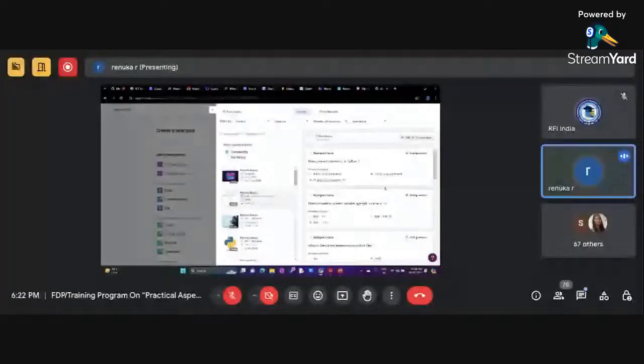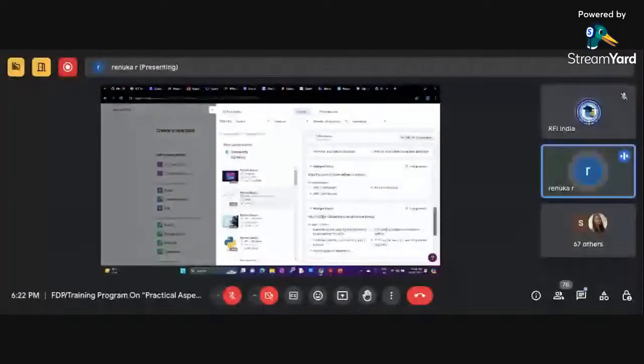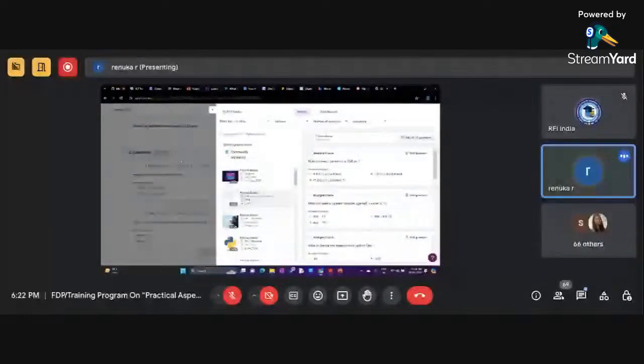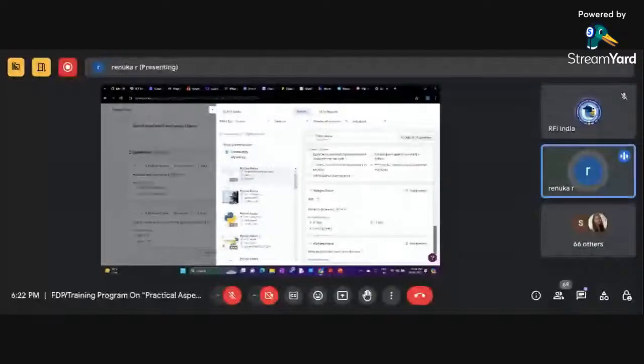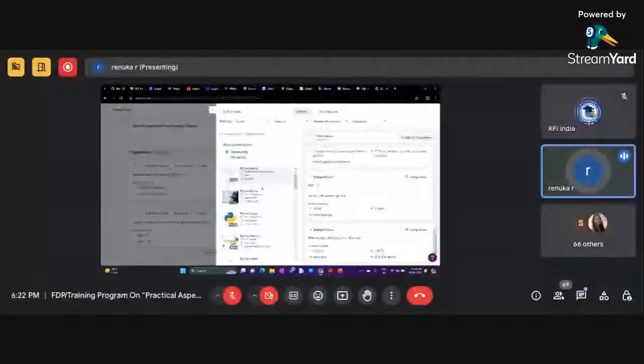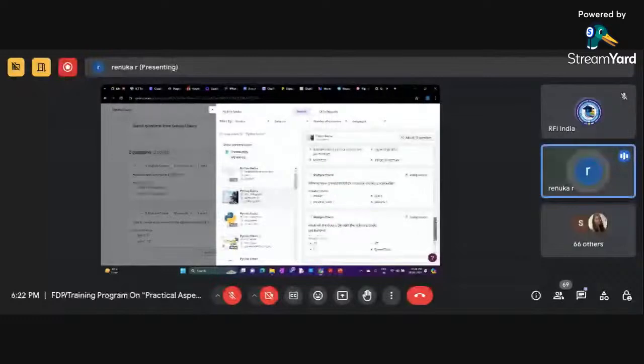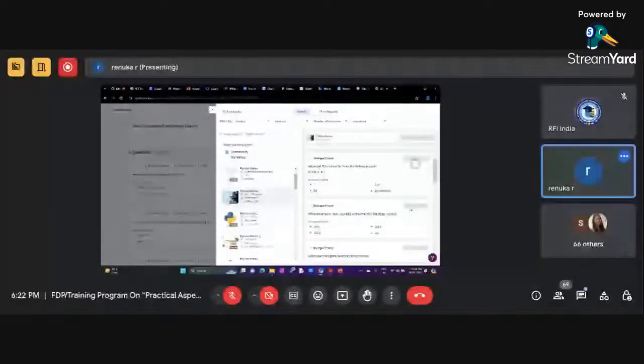So we can quickly go through the questions, and if you want to add, for example, I want to add this, the next question. You can see all the questions which I am selecting over here are getting added to my quiz, which I have created just now. Or else, if I don't want a few more questions from this particular quiz and want to go for another quiz, I'll select another quiz, then I'll get the questions which are there in that quiz. I'll just select the questions which are related. And if I am done, then